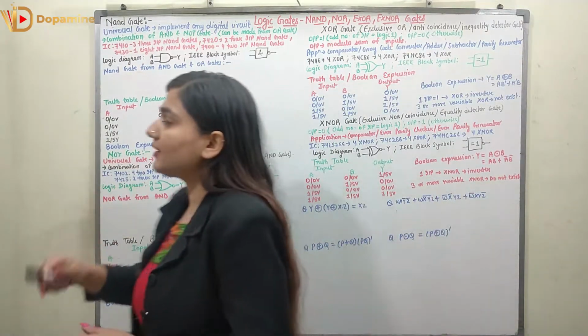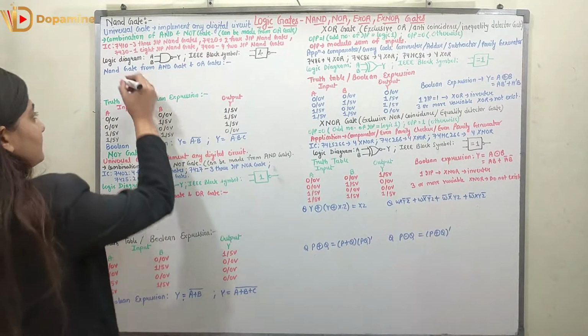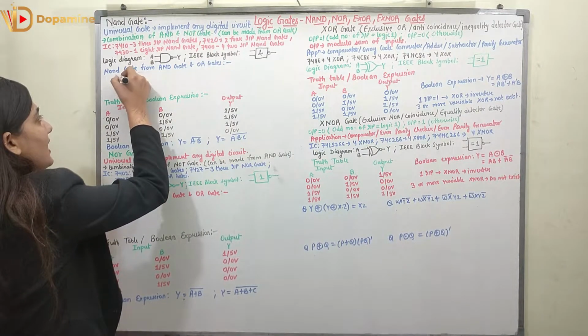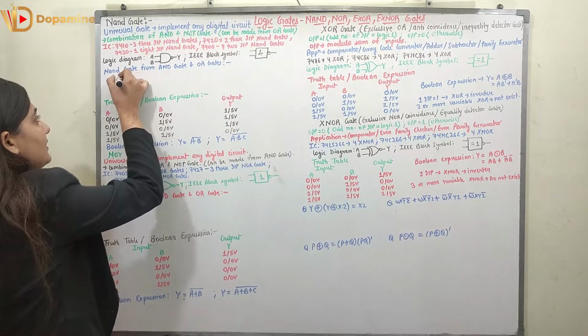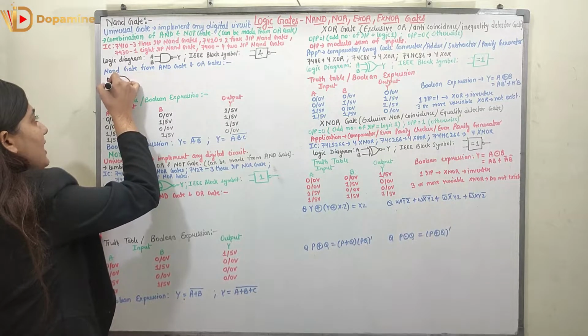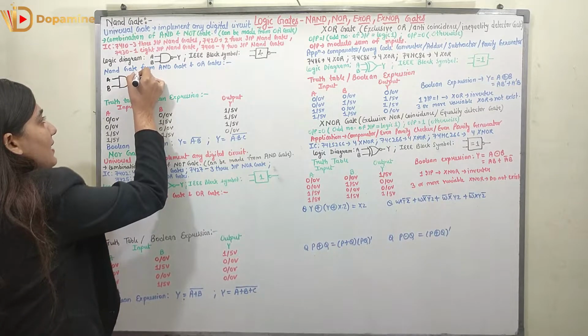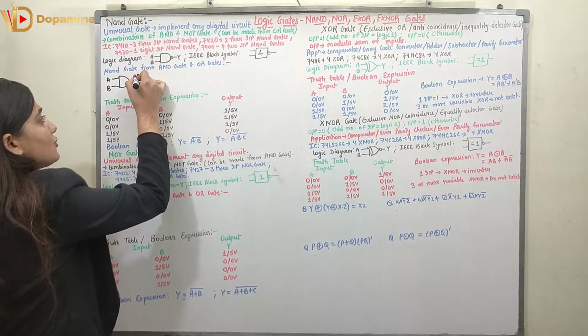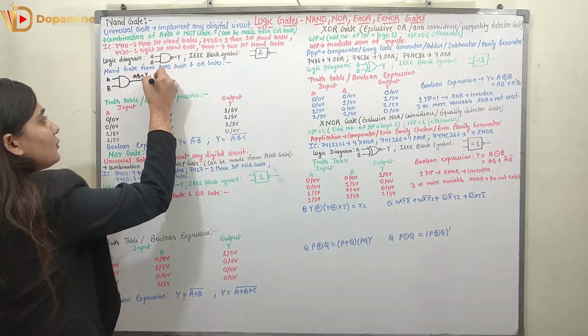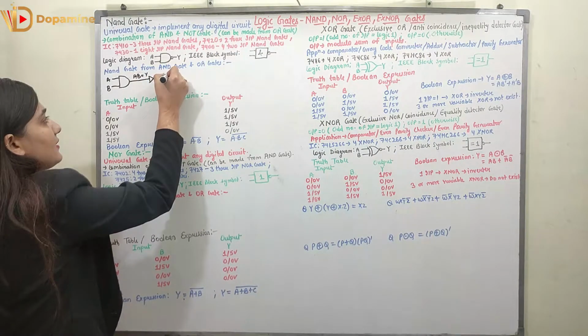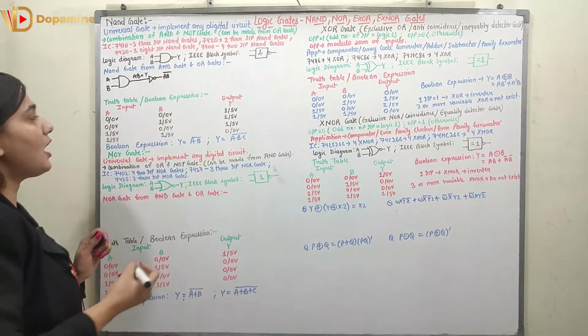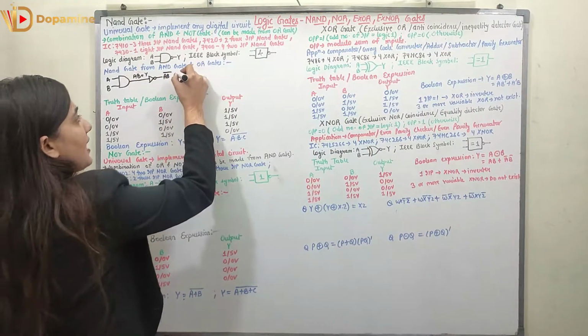Now I can make the NAND gate from the AND gate, right? How to make the NAND gate from the AND gate? If I have an AND gate, right, so here we have 2 input AND gate, A and B are the 2 inputs, output is my Y, which is AB, right? So this output is sent to an inverter and I will get AB bar. This is how I can make the NAND gate using the AND gate, right?